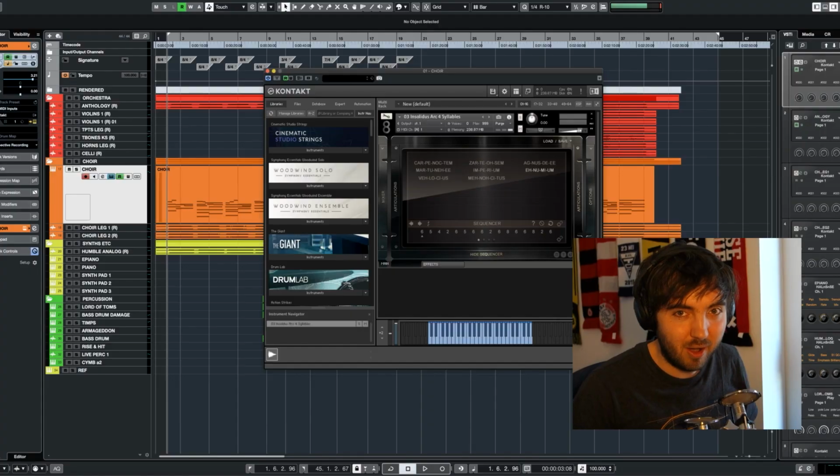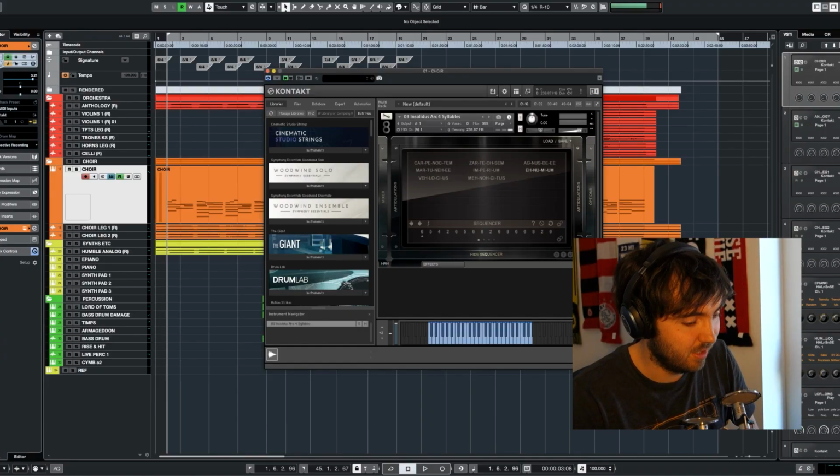The nice thing about this is, you have other choir libraries that have words that are pre-sung, let's say. However, when you switch notes in between, what often happens is you trigger the first note and the word will be sung, and then when you trigger another note, it starts again at the start of the word, so it doesn't sync up. However, with this patch, if I play